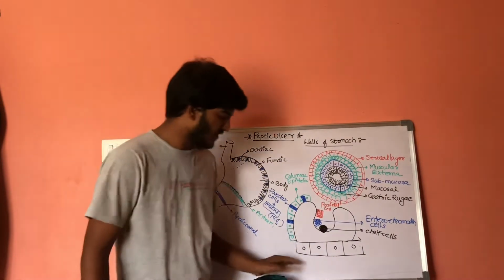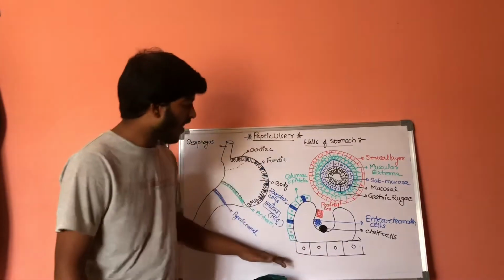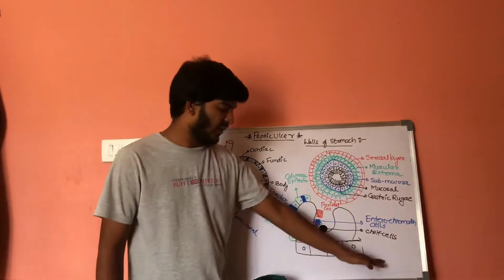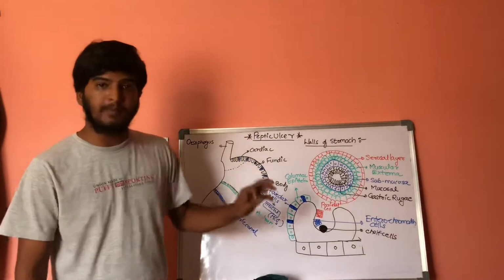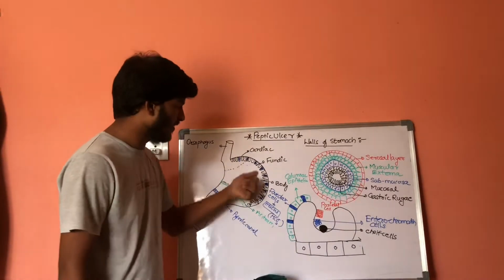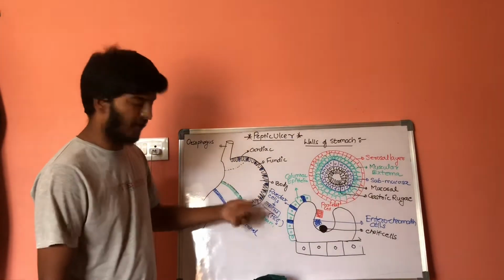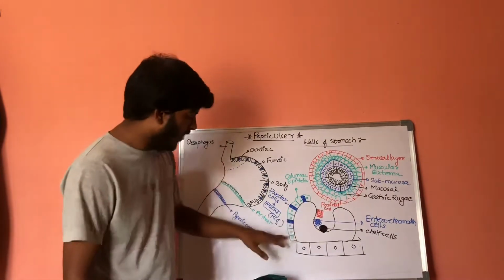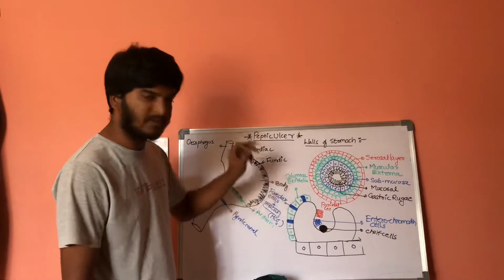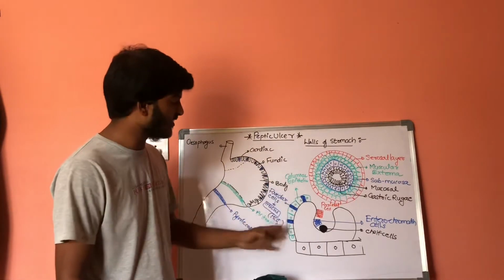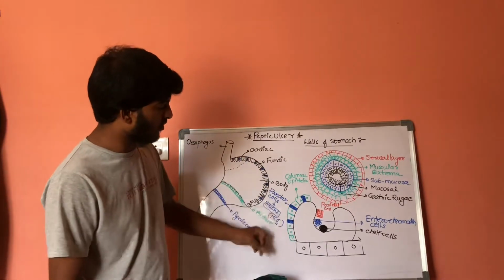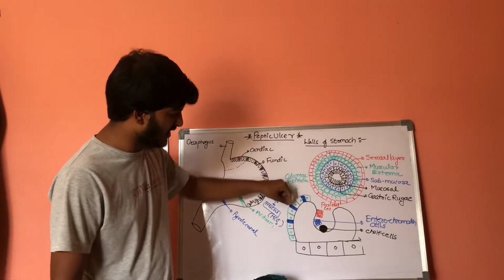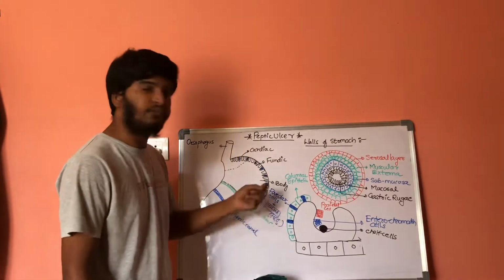So this is the mucosal layer of the cardiac stomach and fundic stomach. It is not a part of the pyloric stomach. Only remember this point: it is a part of only the cardiac stomach, fundic stomach, and some part of the body. On the surface, it consists of special epithelial cells, columnar epithelial cells, which have finger-like projections, so pillar-like cells. In between these epithelial cells, there is a special set of cells called foveolar cells.